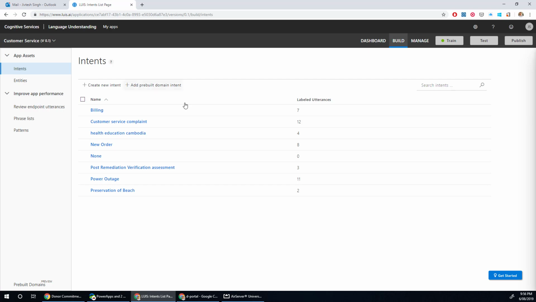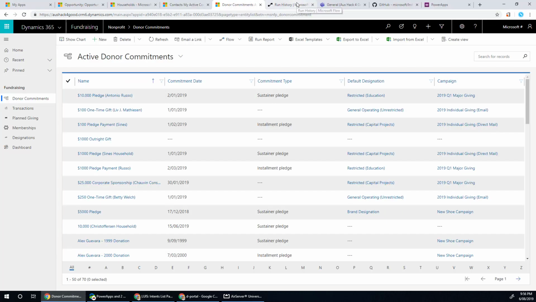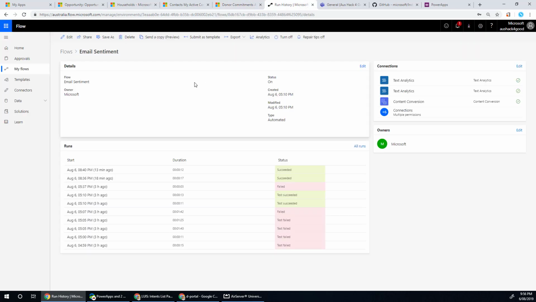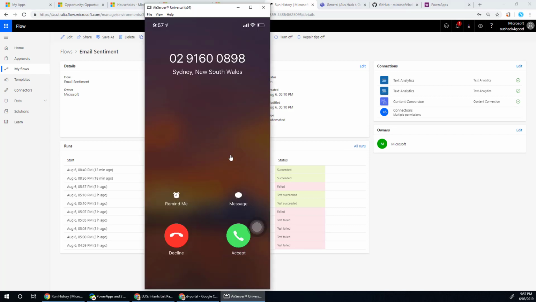because I want to respond to them as soon as possible. So I've got this language understanding cognitive service, which has been trained based on how people talk, and then based on that, it tries to understand the intent of a person, and then routes it to the right person. So what's happening, pulling this AI capability as well as the natural language query together, is a Microsoft Flow. So in this particular flow you can see there are capabilities around text analytics and content and everything which analyzes it, and then it's actually generated a phone call.